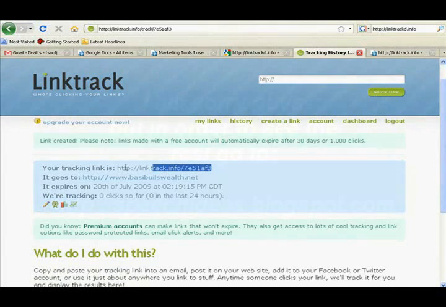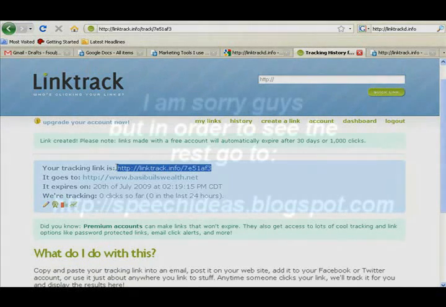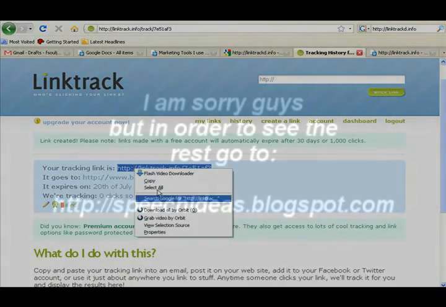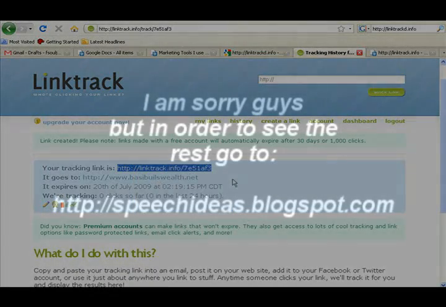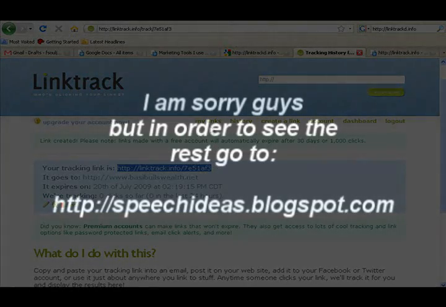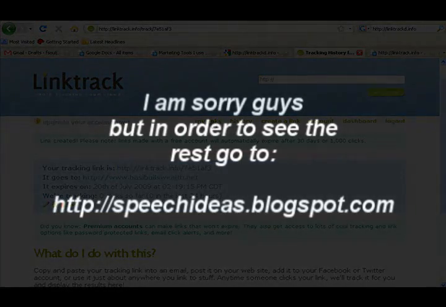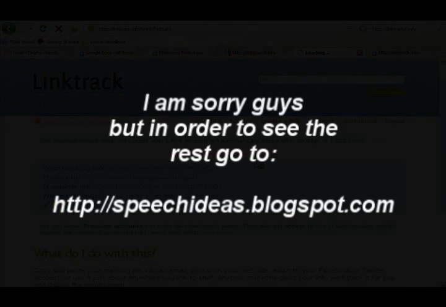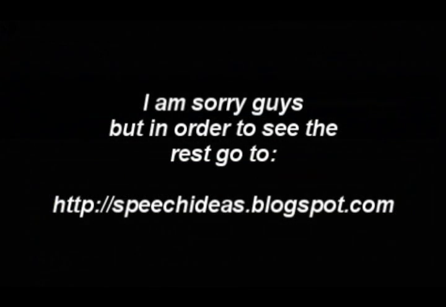What you want to do is highlight that link, right click and copy it. So now it's sitting in your clipboard, so you can paste it anywhere you want to. Alright, so now I'm going to go back to my links. And in my link,